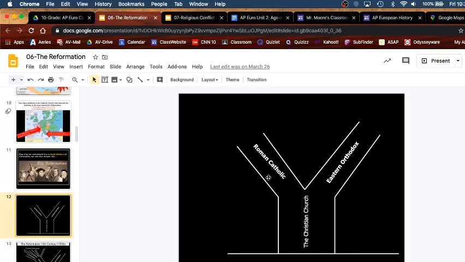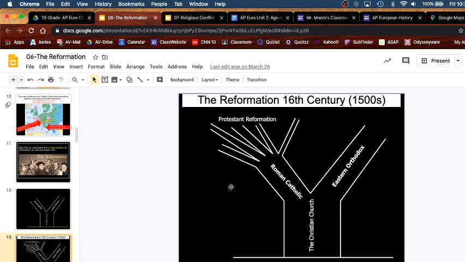Slowly over time, Christianity is going to split between the Roman Catholic in the Western Europe and the Eastern Orthodox. And then the Protestant Reformation is going to be Christians branching off of the Catholic Church. The Reformation does not affect Eastern Orthodoxy. Eastern Orthodoxy is going to divide, but it's going to divide on cultural lines. There's never going to be this break like it does in Roman Catholicism. Eastern Orthodoxy stays pretty cohesive.